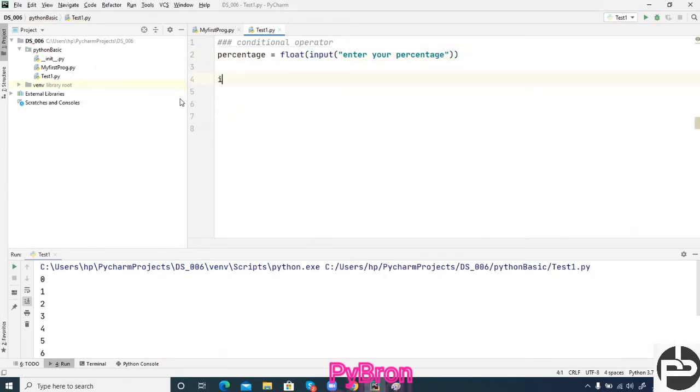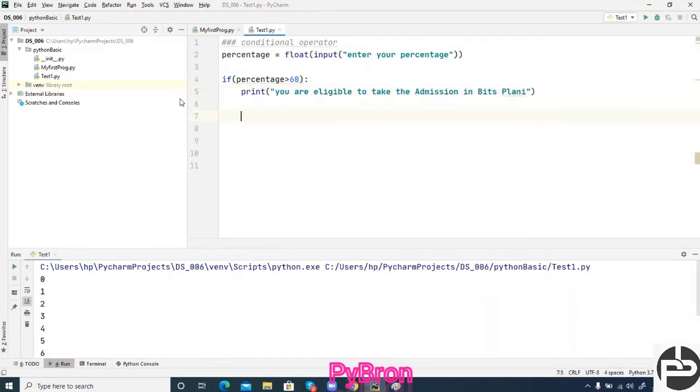Now what I have to check: if percentage is greater than 60, then print you are eligible to take admission in BITS Pilani.